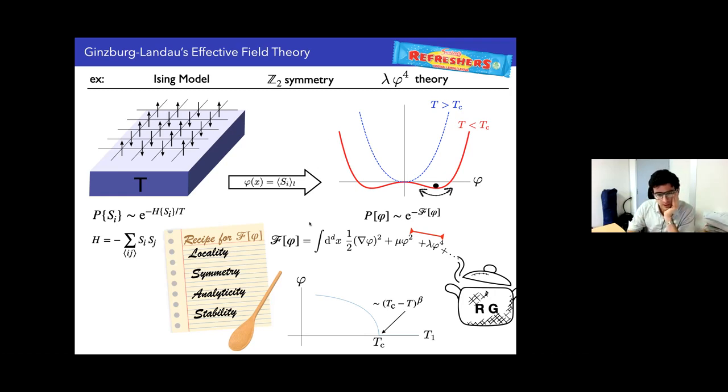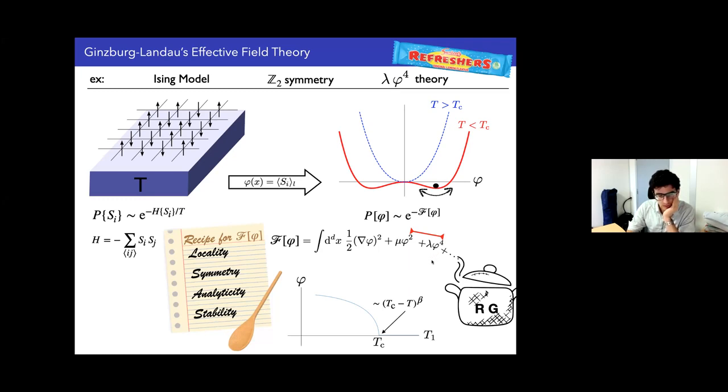After you have built this free energy density, if you want a full meal into the infrared physics, you can take this goodness and cook it in the RG pot, and the RG will tell you ultimately which of the terms you can keep and which you can discard. This is the question of relevant terms versus irrelevant terms. And this, of course, depends a little bit on dimensionality.